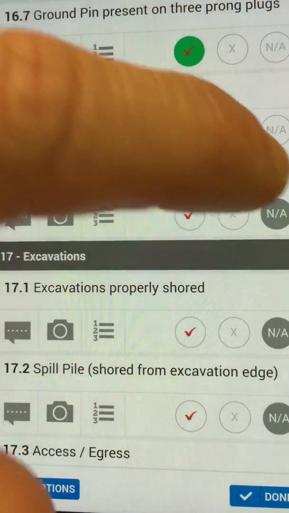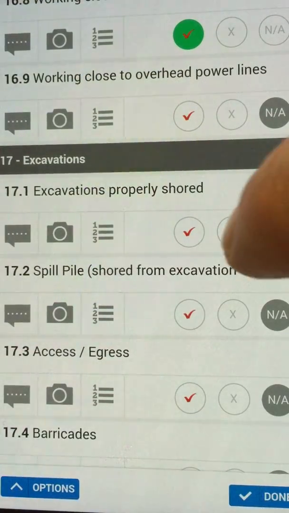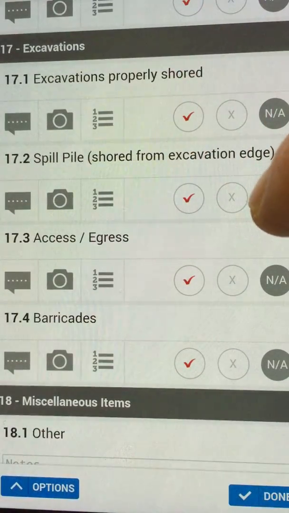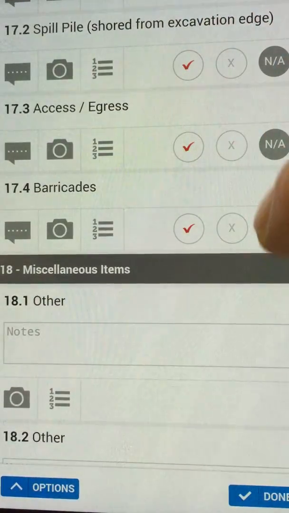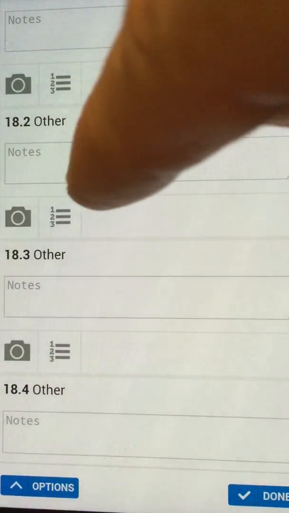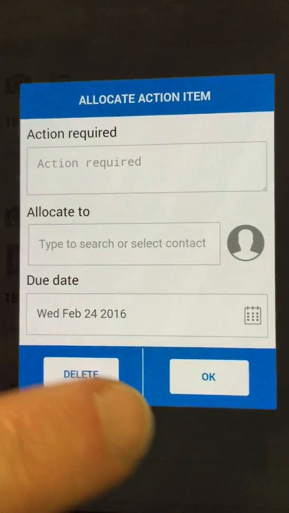Working close to overhead power lines, no. Excavations properly shored, not applicable in this case. Spill pile, access and egress, barricades, and then anything else of other notes. Again, we can take pictures. One can add other pieces to this,